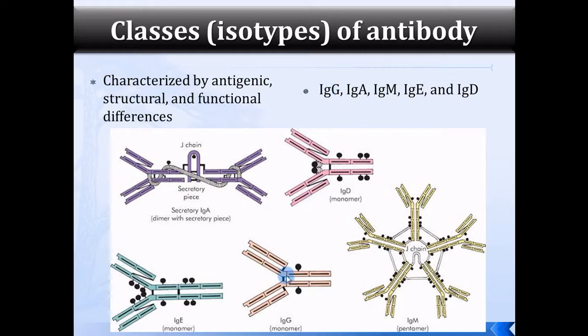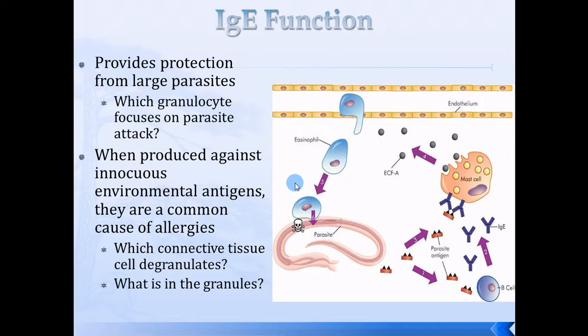G is the most abundant. I gave you some features. I gave you features of A. I told you where to find them. So you really need to know those. Right? So just as a